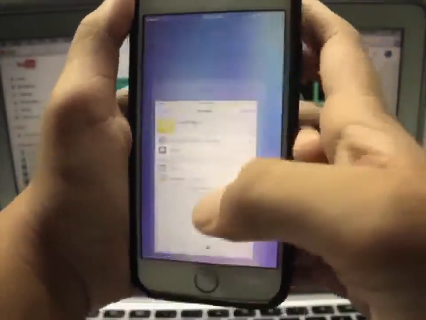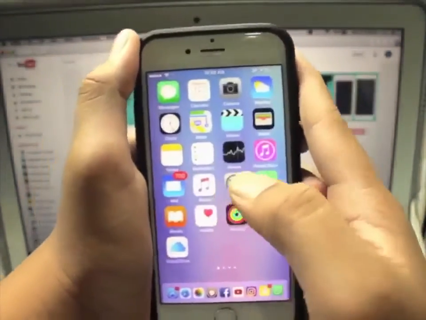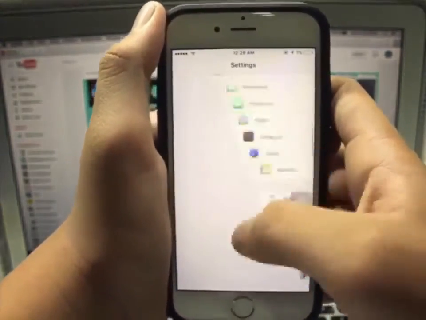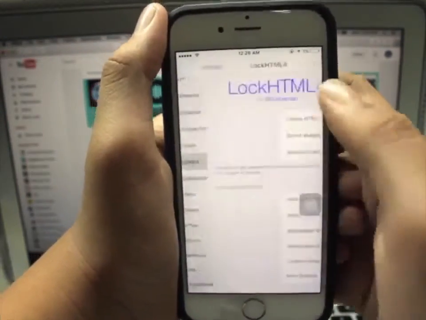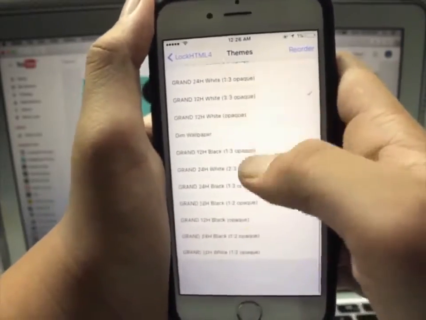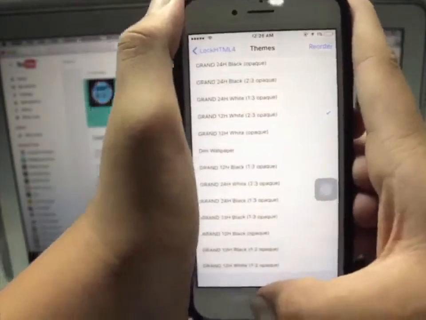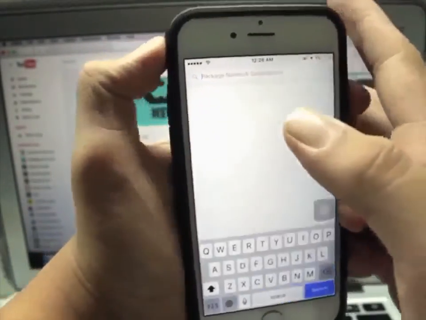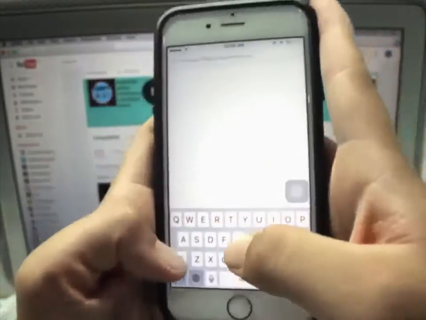After you install it, you have to go to settings and then scroll all the way down till you see LockHTML4. You have to enable it and select a widget. If you are using iPhone 6 or 6s, you have to install one widget, which I am using. The name for it is Grand